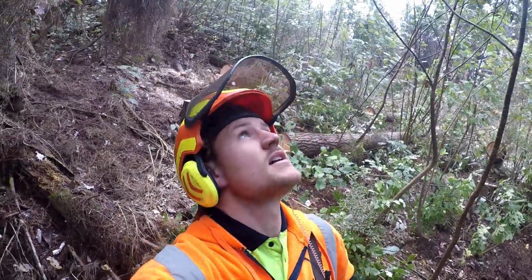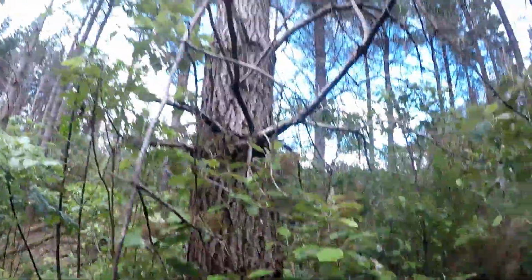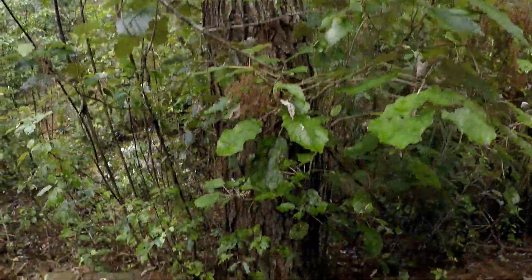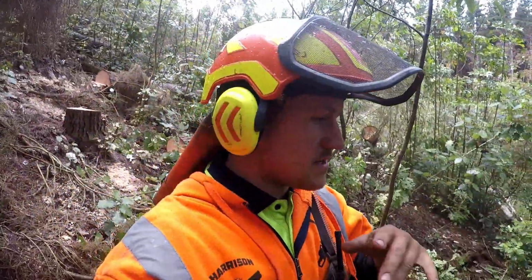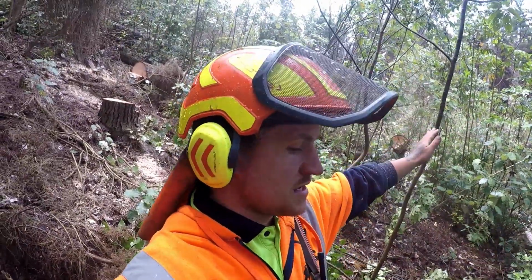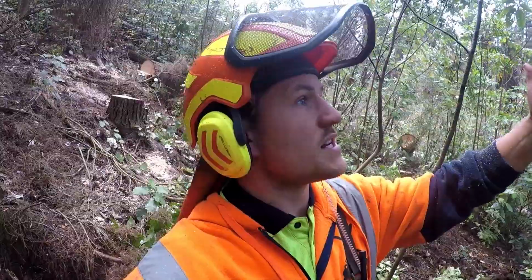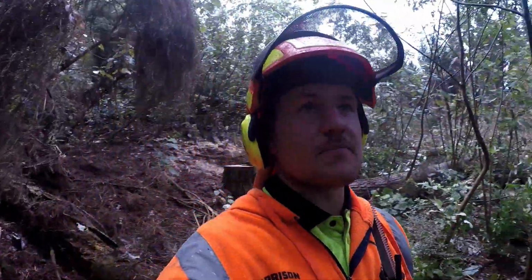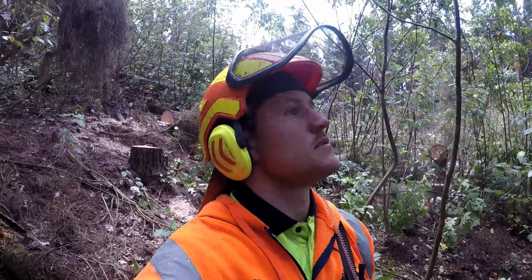Today I'm going to do a how-to series. Tree falling. I don't know what I'm going to title it, but I've got a heavy forward leaning tree and it's heavy leaning sideways as well, and it's off a bit of a steep bank down there. So what I'm going to do is run through how I'll deal with the situation. First step before any cuts are made is